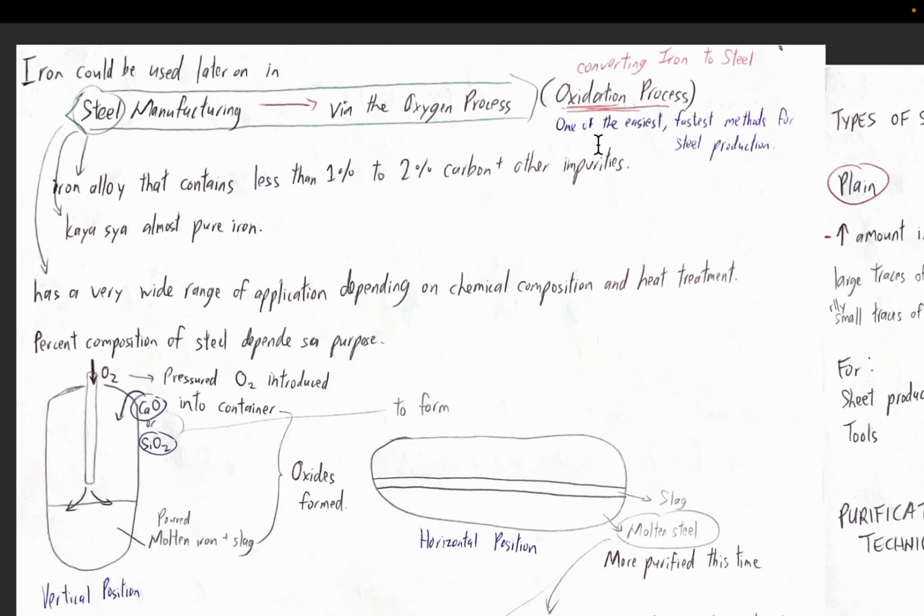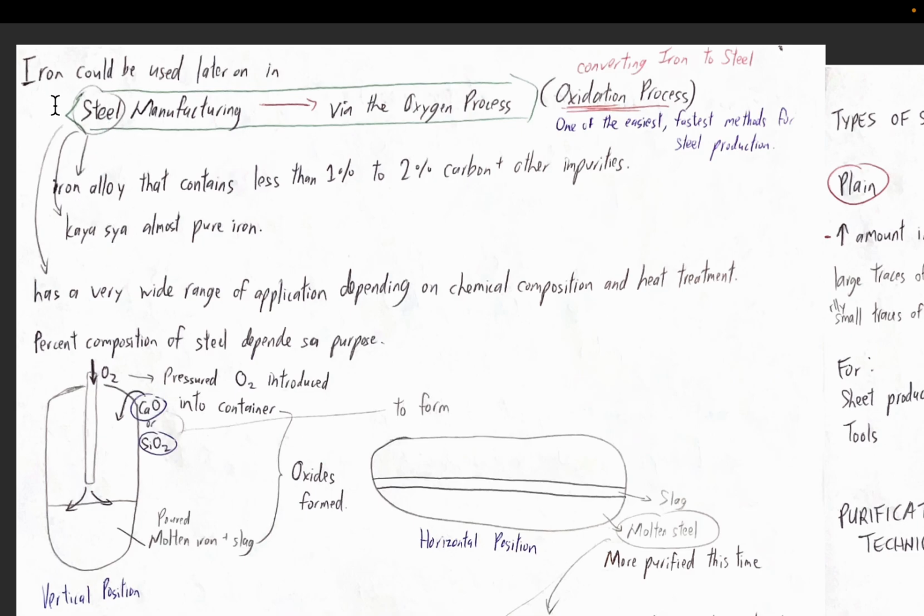This is one of the easiest and fastest methods for steel production. So you're basically converting iron to steel. Steel is an iron alloy that contains less than 1% to 2% of carbon plus other impurities. So you can say that this is almost considered pure iron